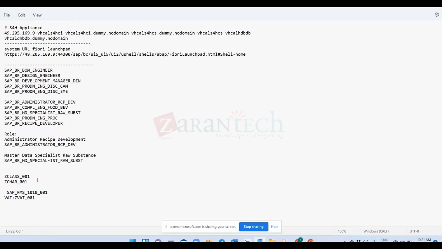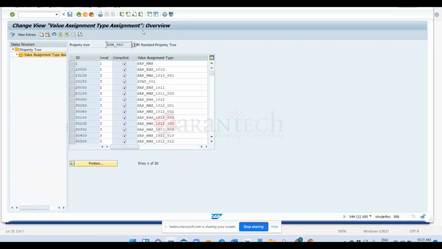I'm just trying to note down. When we are working on some project, we have to make sure that we note down all this. This is the property tree. Okay, so we have created a property tree, and you can see whatever VAT we have created, we